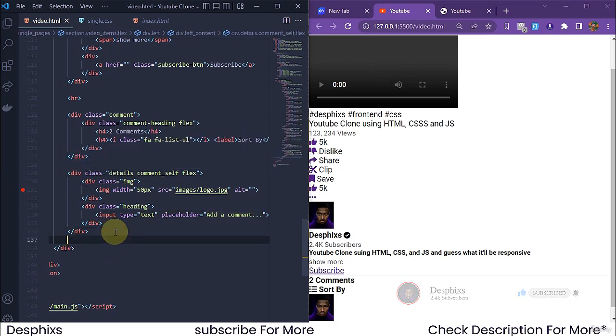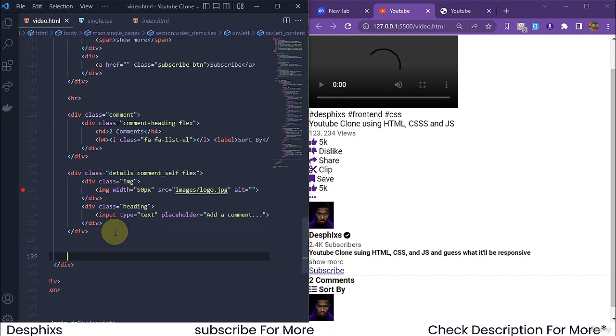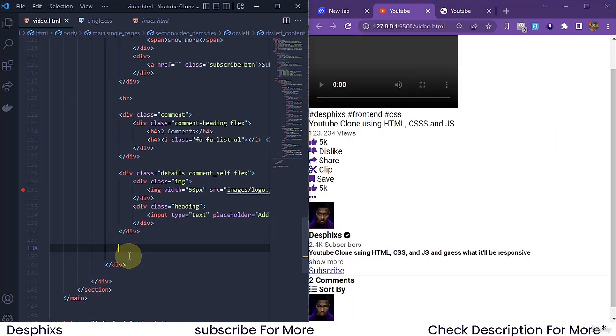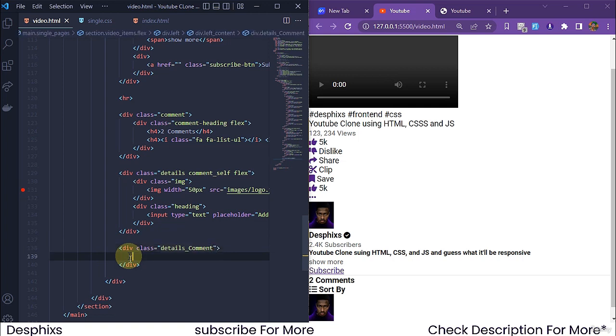Now below this div, I want to go ahead and add this section over here, where there are comments by other people. So I'm going to say div, and this one we simply want to give a class of details_comments, just like that. And we could also give it another div, and this one should be details. Okay, what am I doing? This is supposed to be class, and this is supposed to be details,